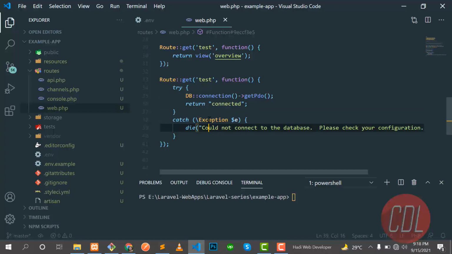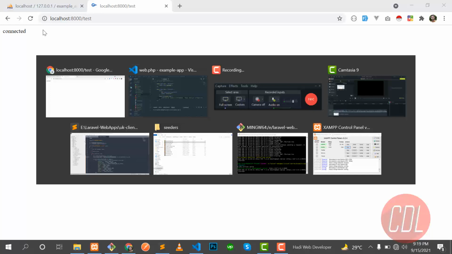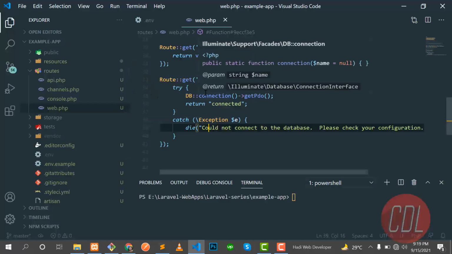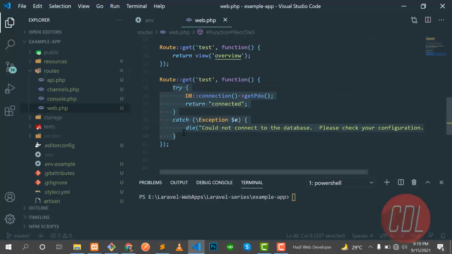Save this one, and let's go to the test route and hit enter. Yes, it's returning connected, so it means that our database is successfully connected with our project. So let's go to